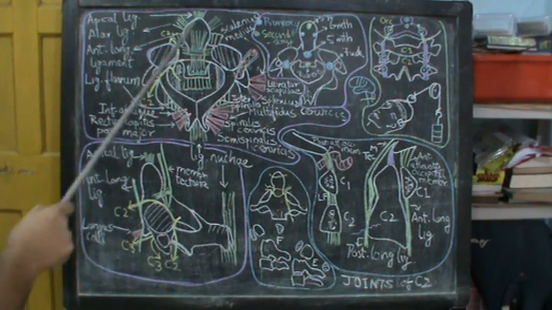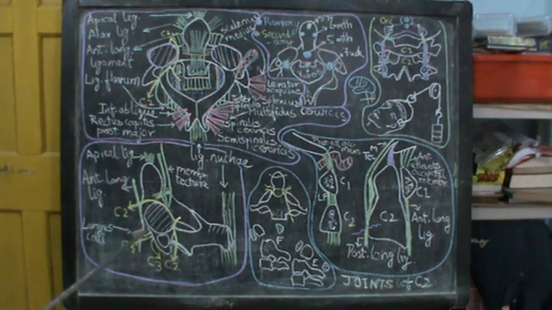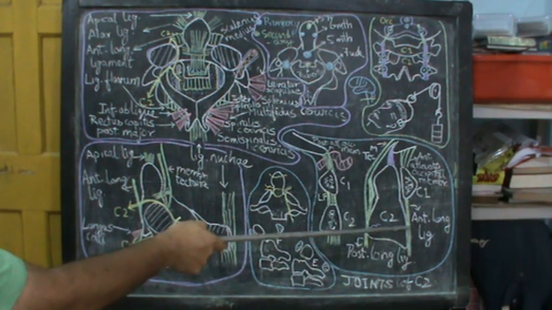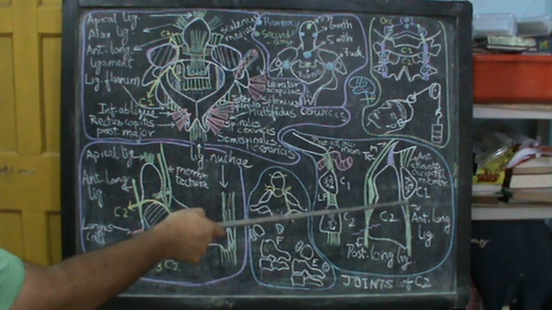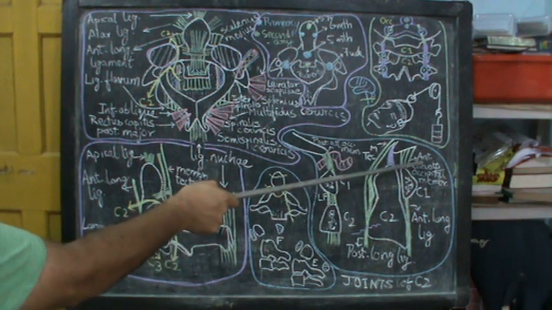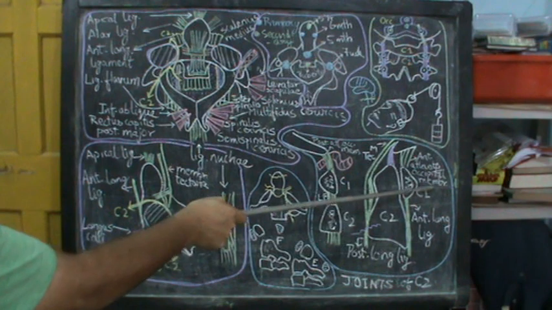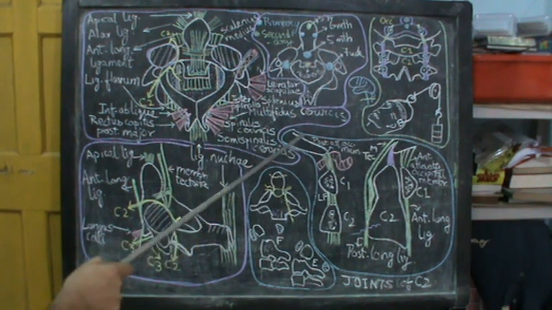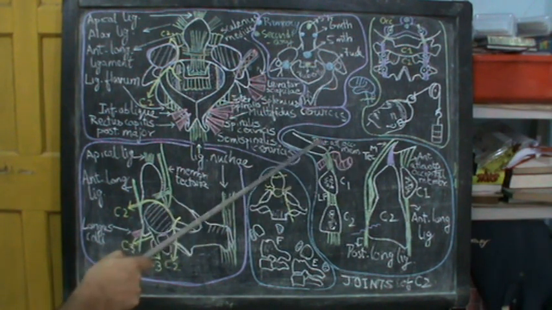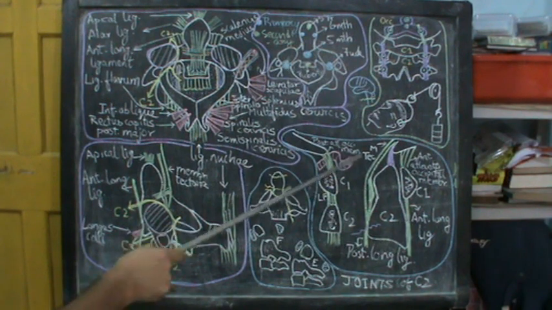And on the anterior surface of the body, which you can't see in this diagram, but you can make out here, you have the anterior longitudinal ligament getting attached to the body and going up to the atlas. Here also you can see the anterior longitudinal ligament going up to the atlas. Beyond the atlas it is continuous as the anterior atlanto-occipital membrane going up to the occipital bone. This is the occipital bone. This gap in the occipital bone is actually the foramen magnum.